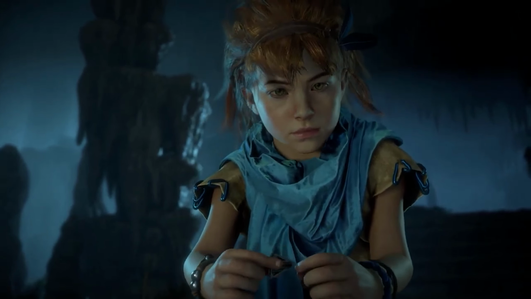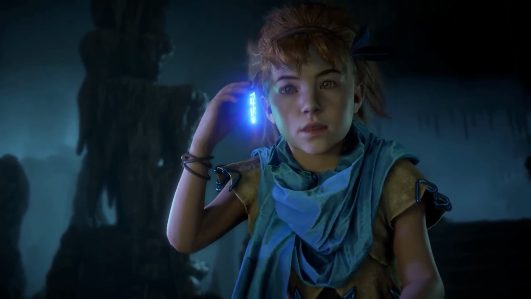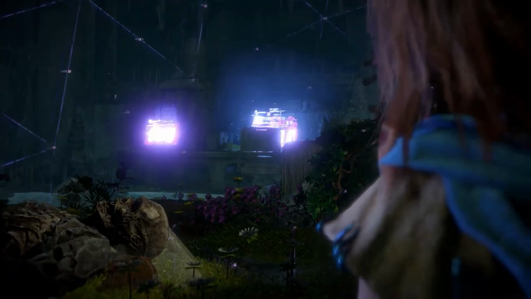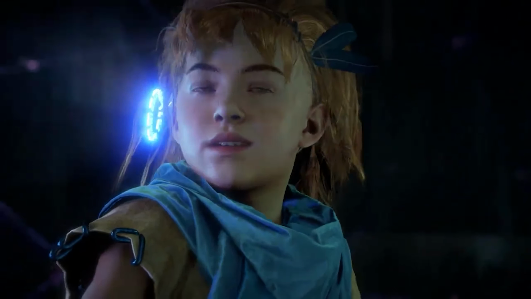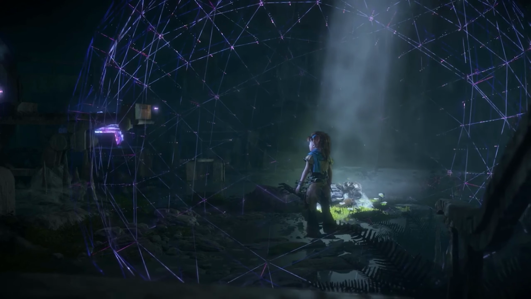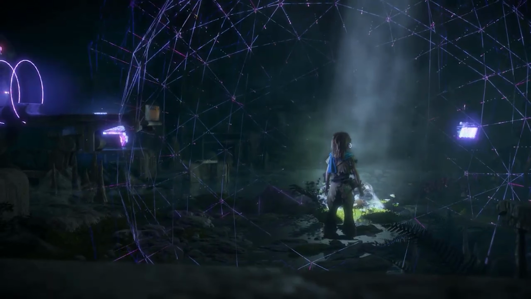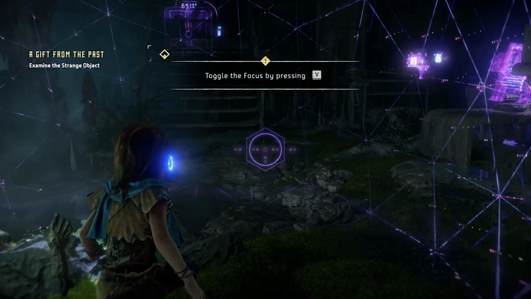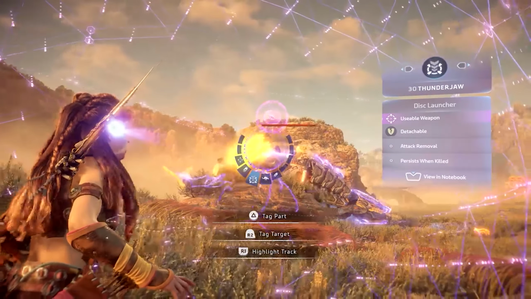To aid in her mission, Aloy uses a focus, a small device she discovers as a kid that gives her information about the environment around her as well as historical information. In the game, the player uses the focus to scan enemies and learn about strengths and vulnerabilities in order to plan Aloy's attacks. The visuals of the system are striking, featuring a large holographic dome colored in neon purples and